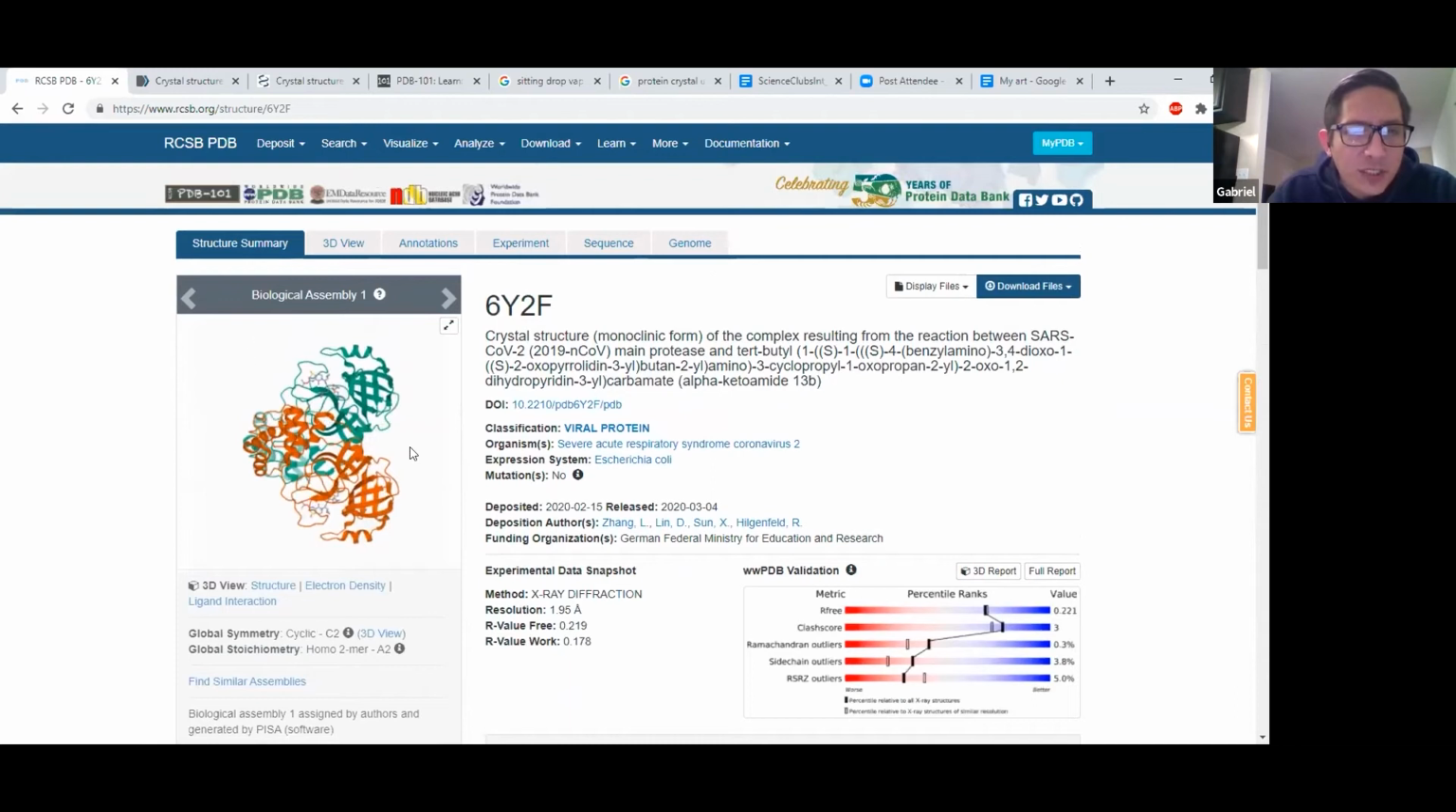But one of the most important things that I want to highlight or show you here is that you can take advantage of the PDB using a tool similar to PyMol. If we go here to this tab that says 3D view,